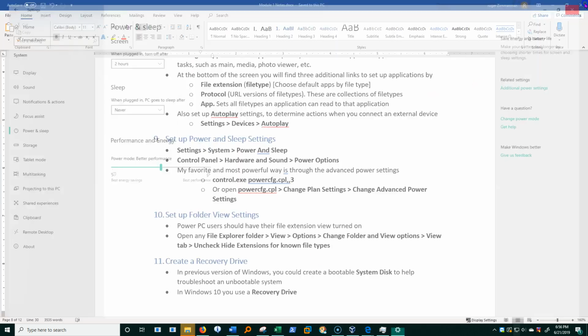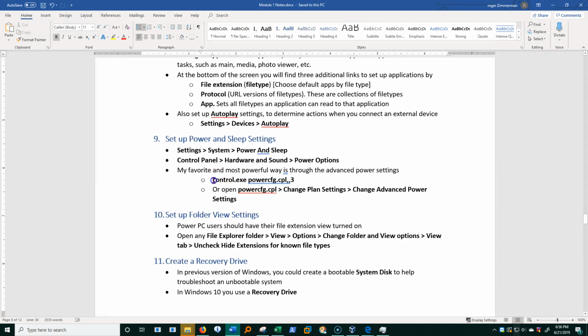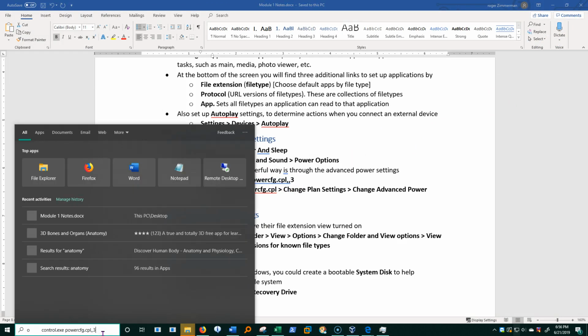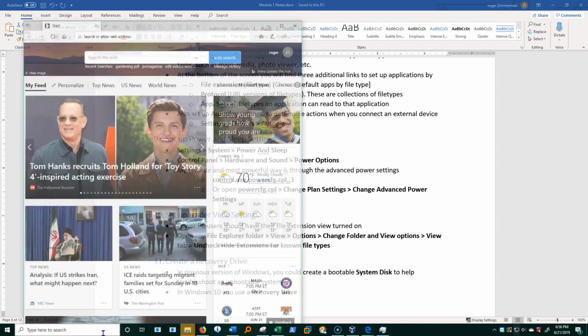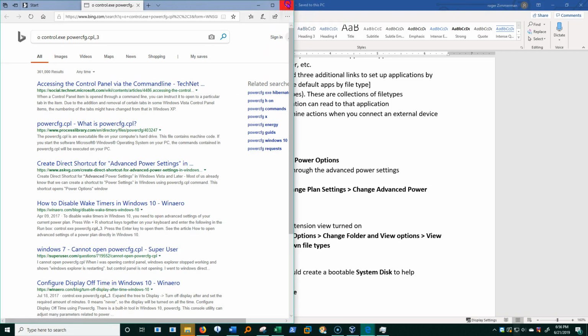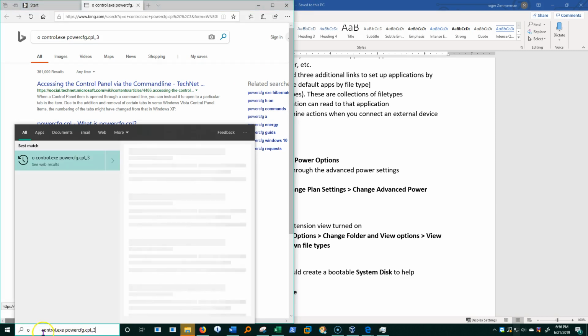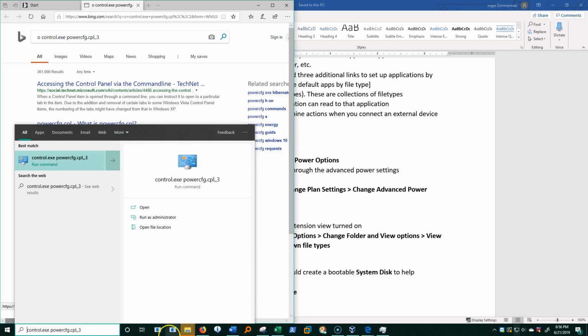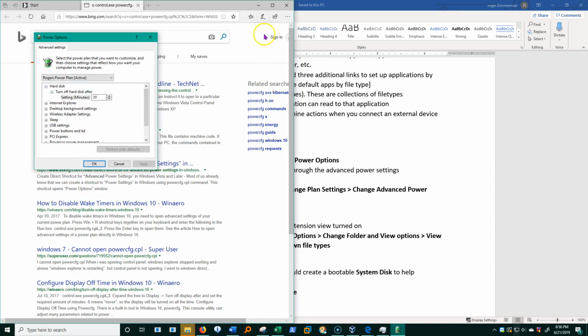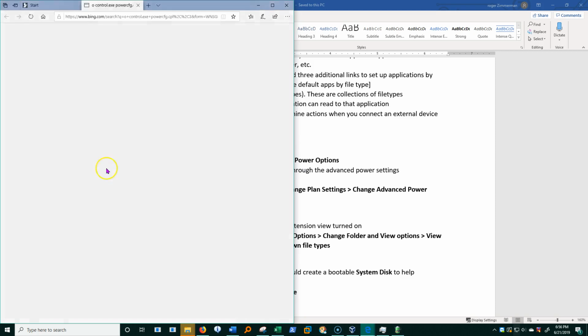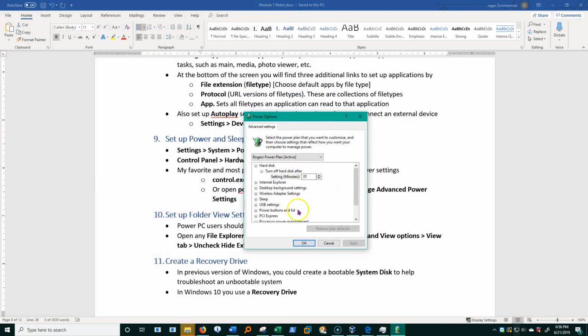There are some other ways to get to all that, by the way. Here is a command line command that I can run in order to get there. And what happened was when I typed there, when I copied that, it copied more than I wanted. There we go. Now I'll click that, and it'll open it up. And now I can get into this. I can choose the plan that I want to change, and then make all the changes I want.